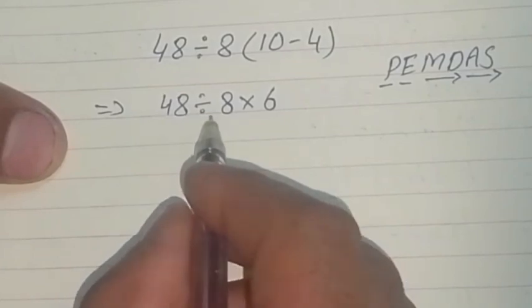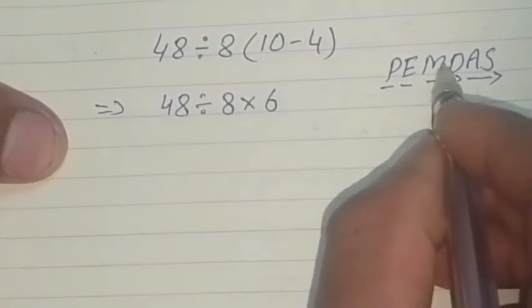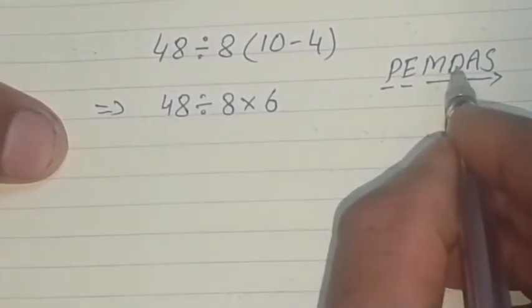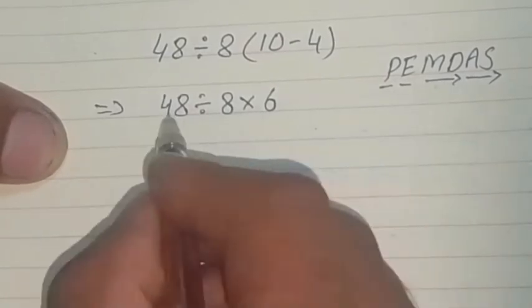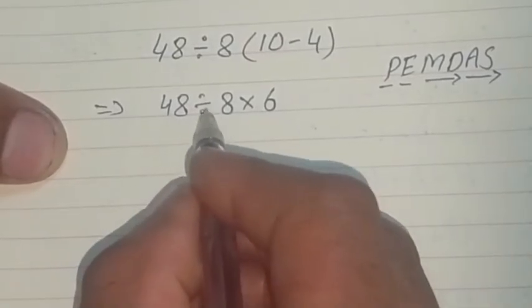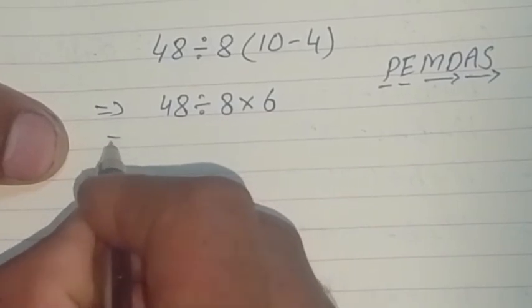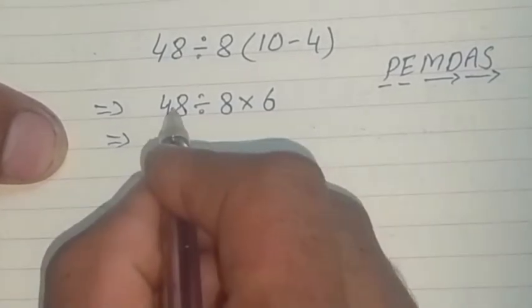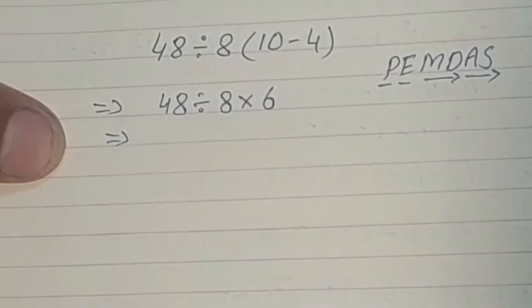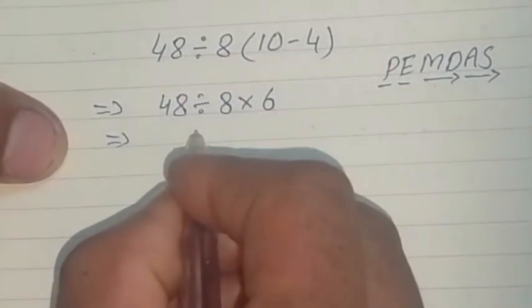Now we have one division and one multiplication. According to the rule, multiplication or division we solve from left to right. Now on the left side we have division, so first we solve division, then we solve multiplication. So the equation becomes 48 divided by 8, they give us 6,